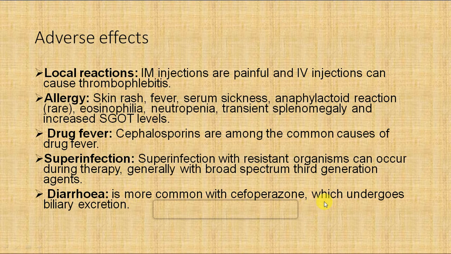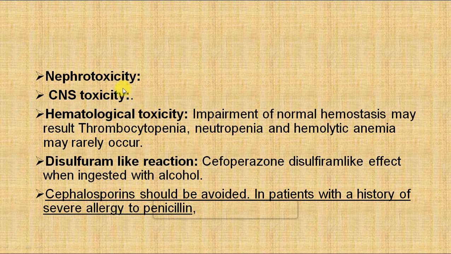So cefoperazone basically is excreted by bile, so it can cause diarrhea to the patient. Then it can cause nephrotoxicity, CNS toxicity, hematological toxicity in which impairment of the hemostasis may result in thrombocytopenia, neutropenia and hemolytic anemia may rarely occur, and they can cause disulfiram like reaction, the cefoperazone